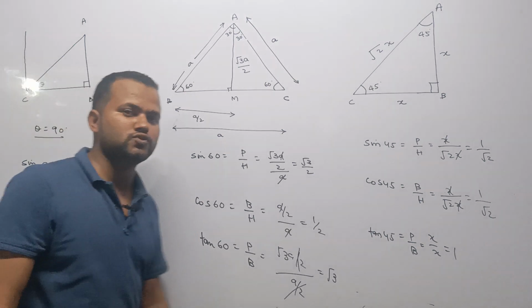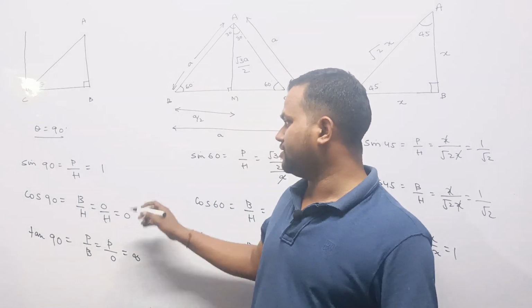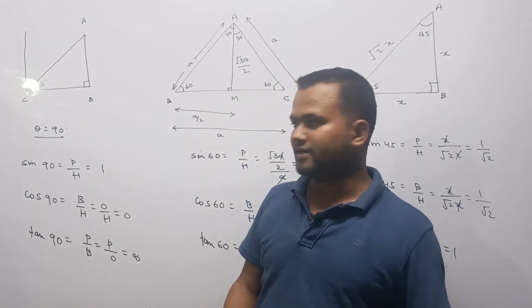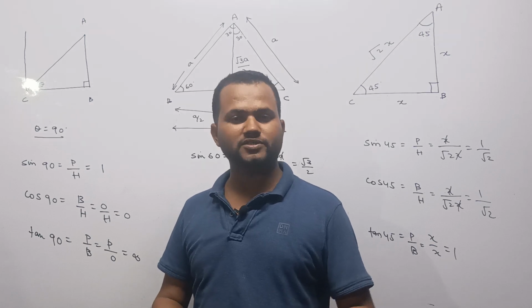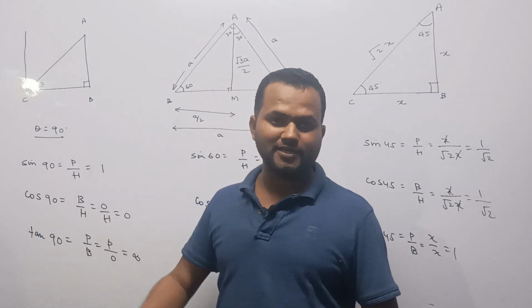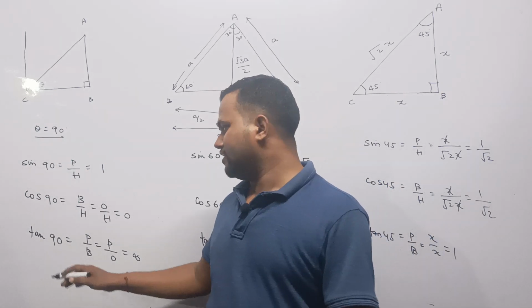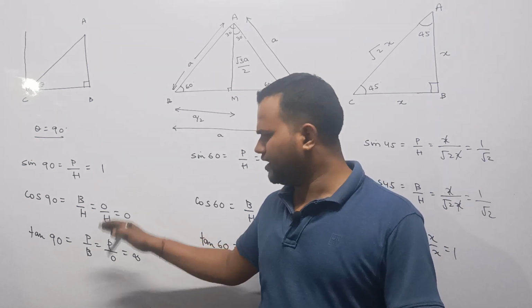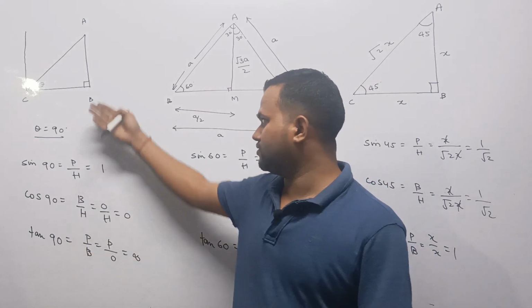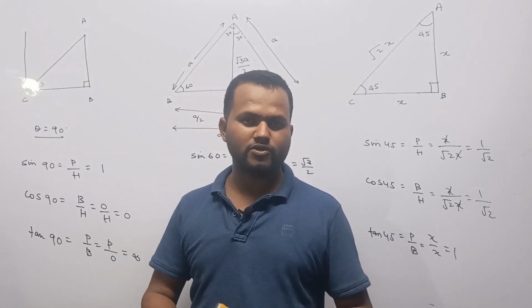Similarly, other values of the angles can definitely be found. I have found out sine, cos and tan. Definitely cosec is just the reciprocal of sine, we can find it out by using that relation. Sec theta is just the reciprocal of cos theta, and that can also be found out. And very similarly, we can find out the value of cot 90 or cot any values of the t ratios. Definitely we can find out by using the very same concept.